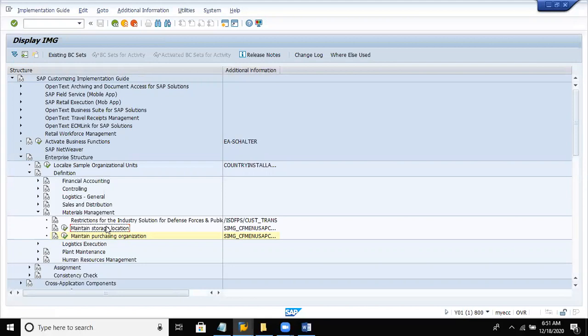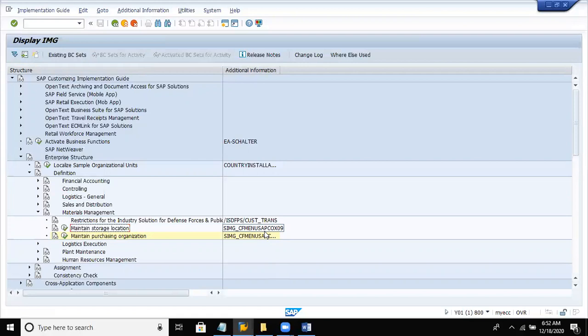For example, if our purchase organization is in UK, we might have n number of cities, and in those cities, we will set up a storage location. So a very important configuration in the MM part is setting up the storage location. There is no limit for the storage locations. We can create n number of storage locations.